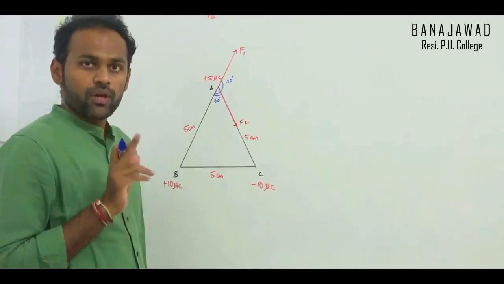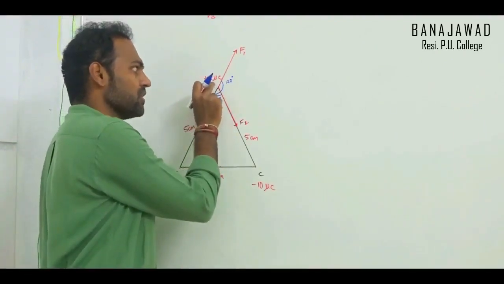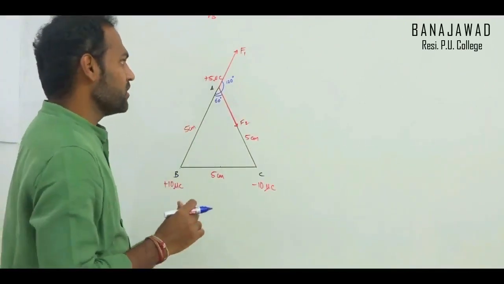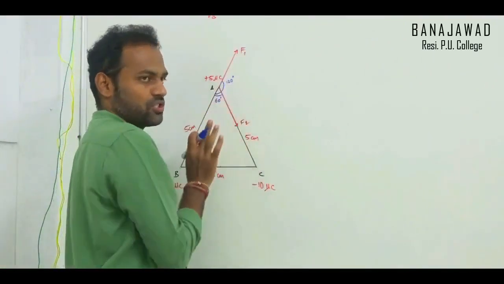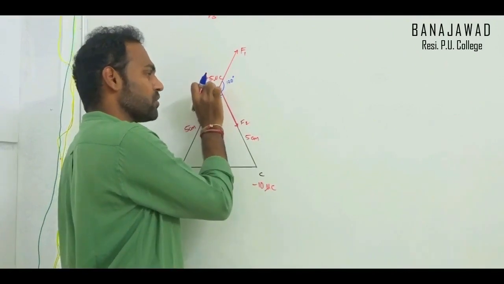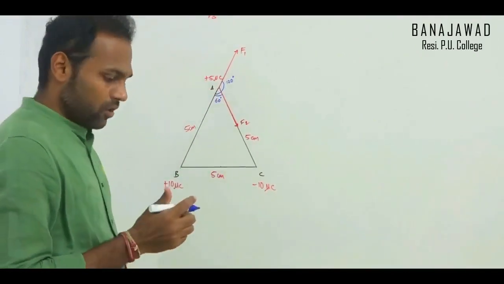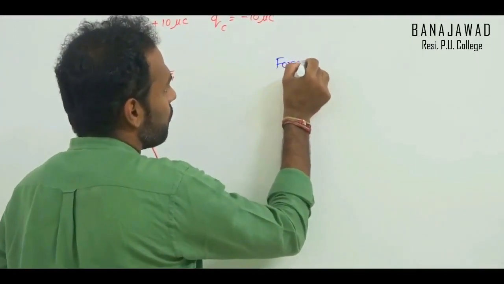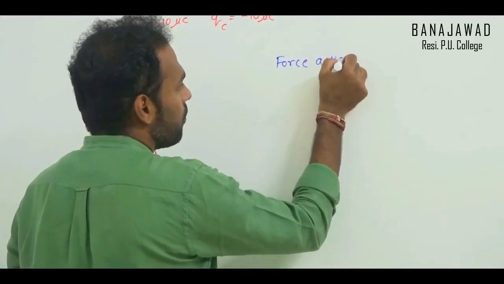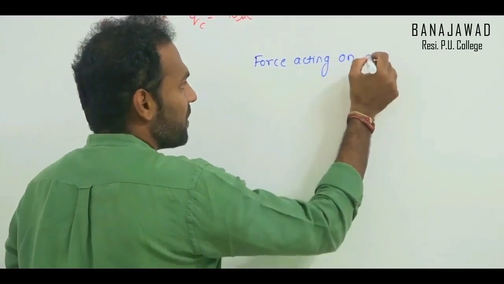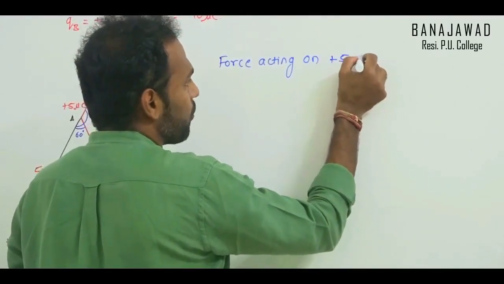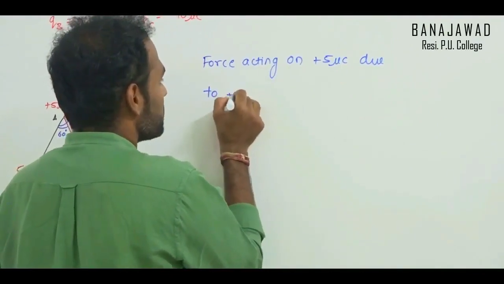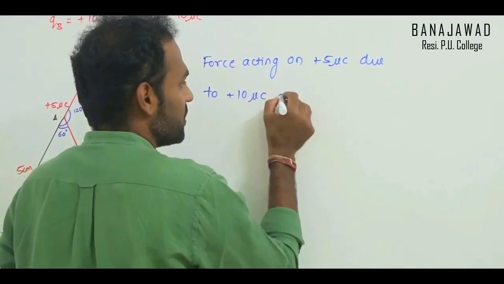Now what we have to do? We have to find out the resultant force on this. Right? We have to find out the resultant. Fine? Okay, so we'll find out the resultant of these two forces now. It means the total net force acting on plus 5 microcoulomb. Now see, first one is the force acting on plus 5 microcoulomb charge due to plus 10 microcoulomb charge,